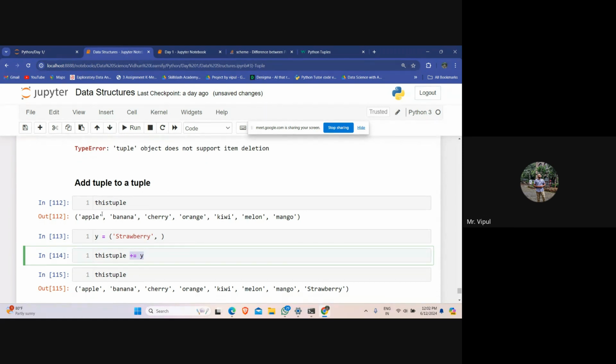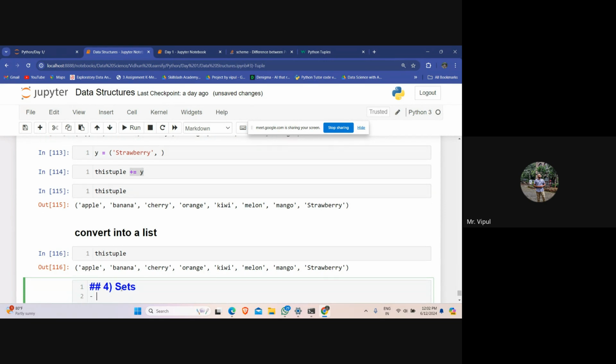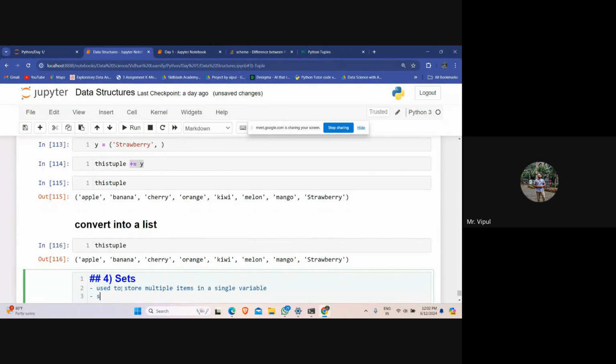Now let us go to the last data structure, which is our sets. So what is a set? It is used to store multiple items in a single variable. Set is one of four built-in data types in Python used to store collections of data.